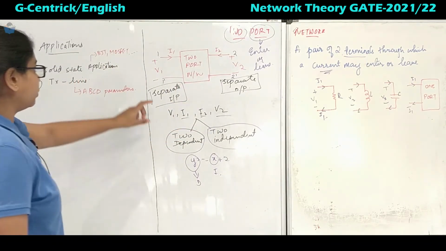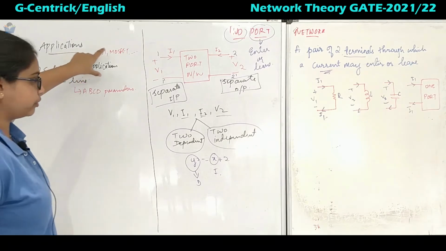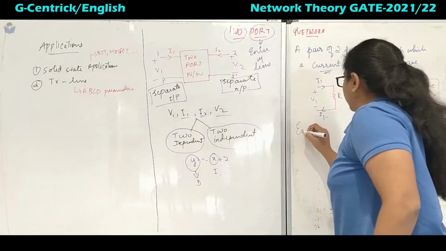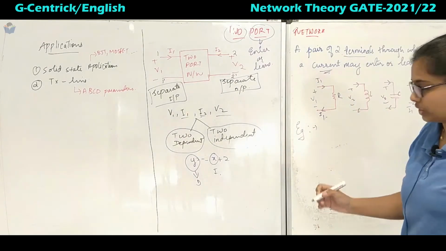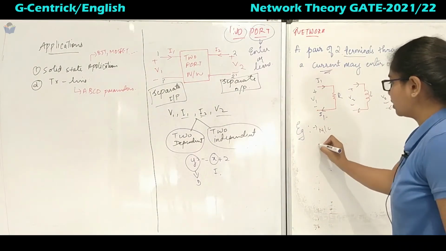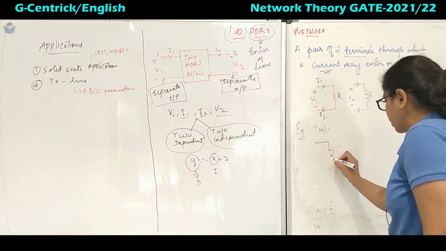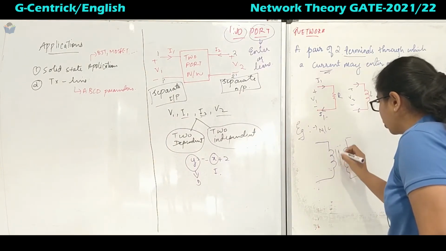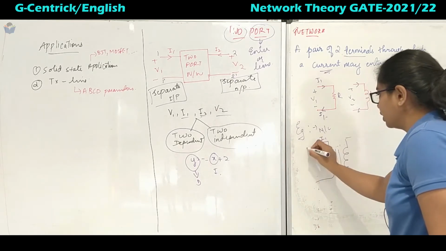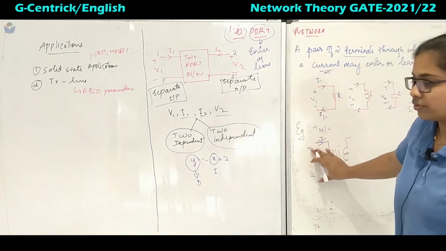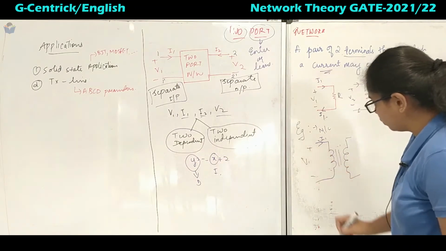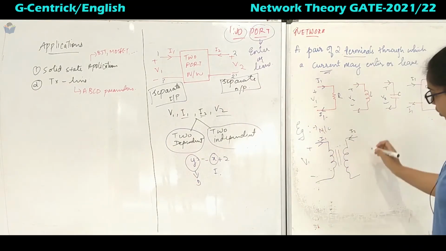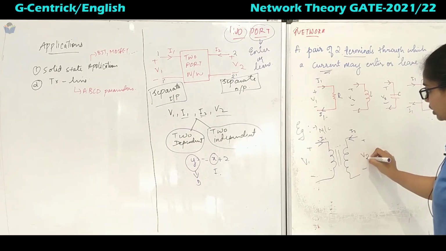So now coming to its application. Before that we will go to the example of one two-port network. It is a machine, nothing but a transformer. This transformer has I1 and the voltage across the primary side, this is V1, and this direction we will take as I2. This is the secondary terminal voltage and current.